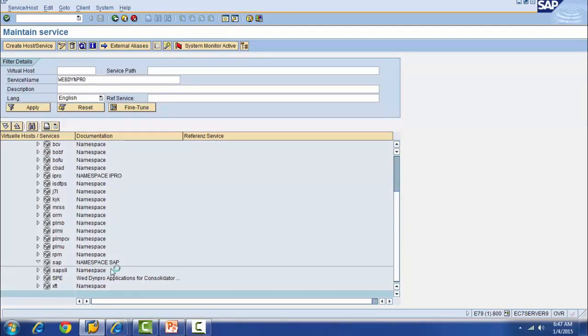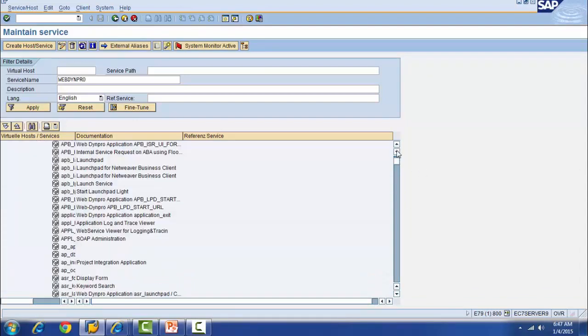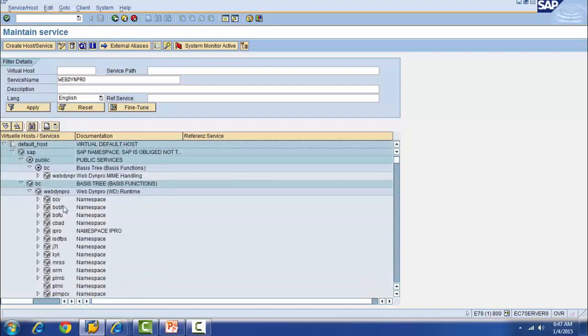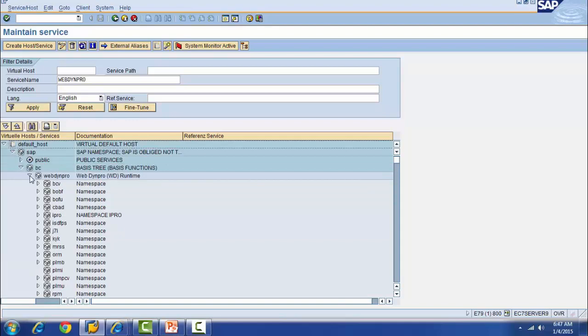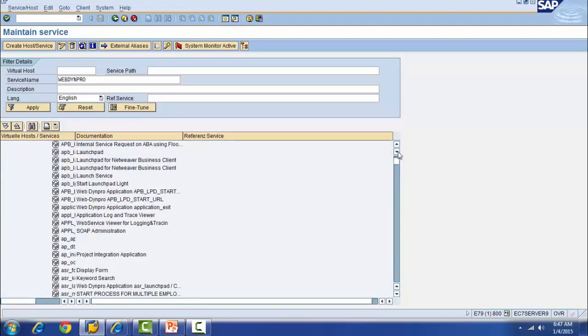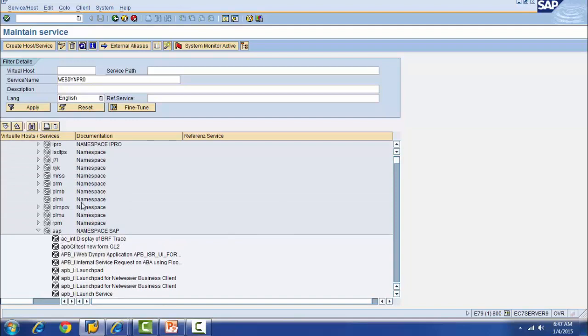All WebRepo ABAP applications are stored in this path, SAP BC WebRepo. Namespace is SAP. All these services should be in active mode, otherwise we can't access ITS,